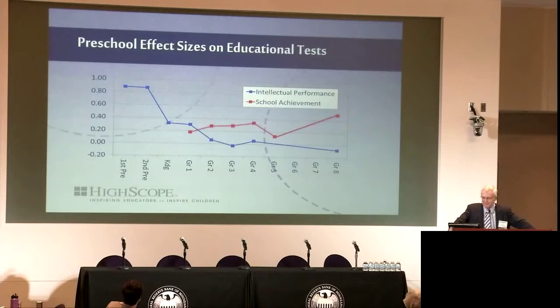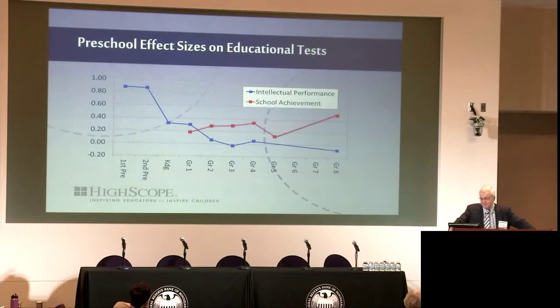So you'll see that you have the fade out, drop off, the cessation of an IQ effect that goes right on down. Preschool, kindergarten, it drops down, and then first grade is hanging in there, and then it goes on down. At second, third, fourth, fifth grades, it becomes essentially non-significant. That's about the same time that the effects that we had on achievement tests increased. They even went up a little bit, which is a kind of gratuitous thing.